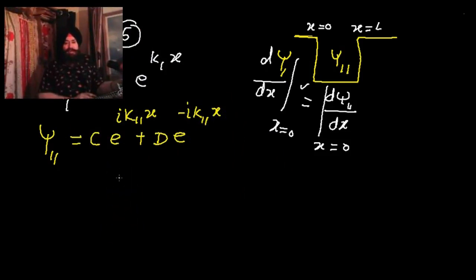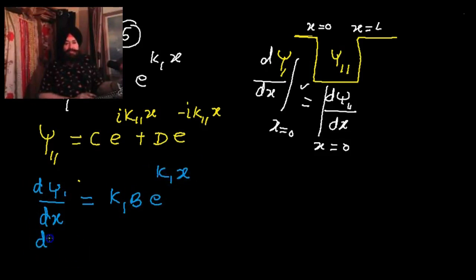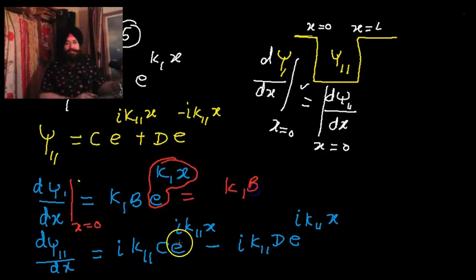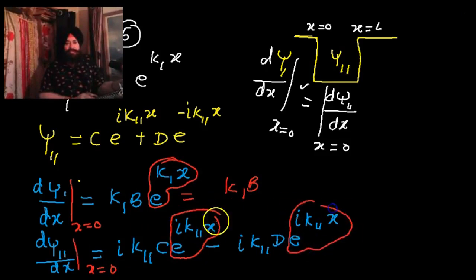And now taking the derivatives of psi 1 and psi 2 and equating the two derivatives. So at x equals 0, we are equating. The equation reduces to